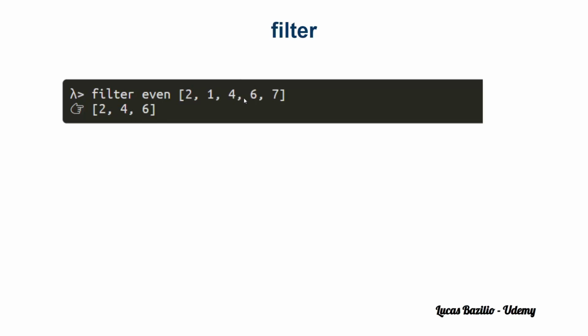Then 6, is it an even number? Yes, so the evaluation is true. So we include this element into the list. Finally, when we apply even to the element 7, this evaluation is false, so we do not include this number